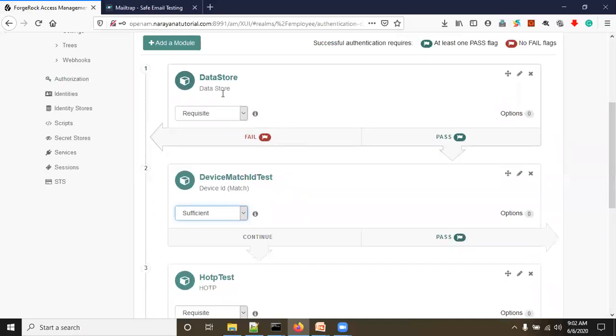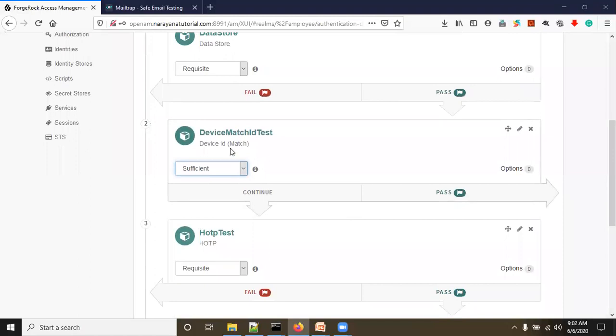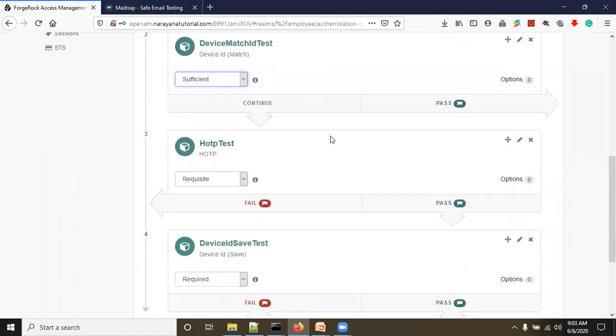Device ID match is the second step, OTP is the next step. Before going to the next step, it will check whether the user already has device details or not. If the device details match, it will go into the application without asking for OTP. If not matched, it will come directly to OTP.